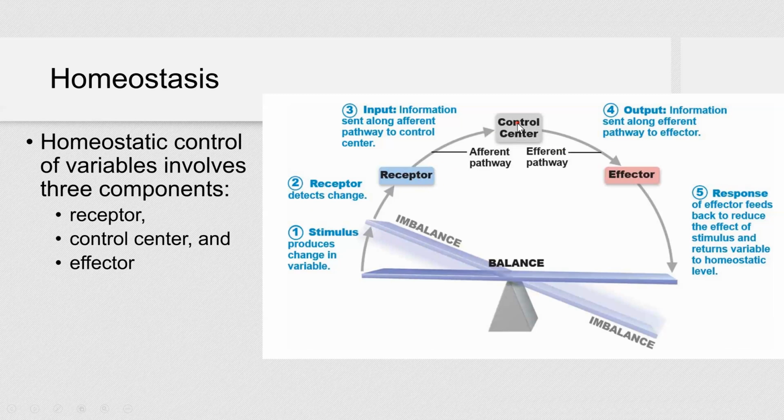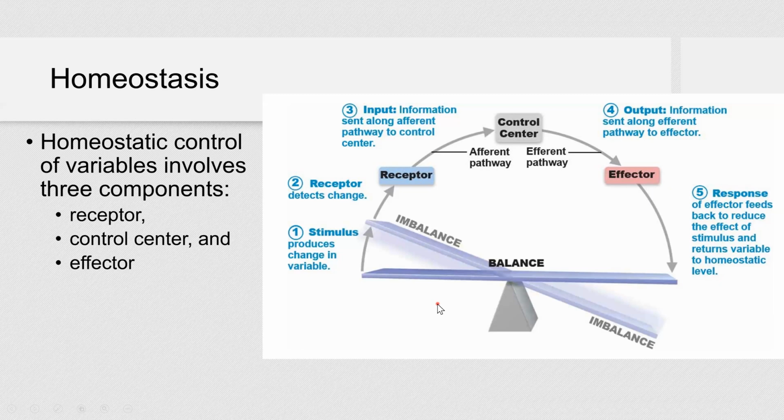Now your control center will send output. So information is sent along the efferent pathway to the effector. And the effector can be your sweat glands or your blood vessels. And the effector will produce a response. It feeds back to reduce the effect of the stimulus and returns the variable to the homeostatic level. Right, so